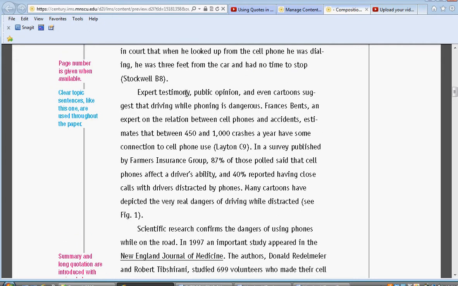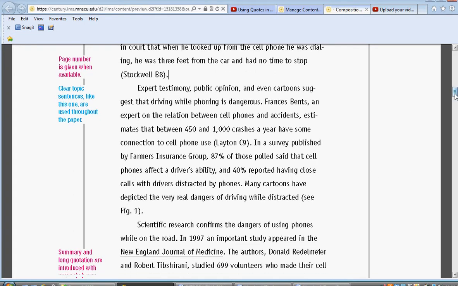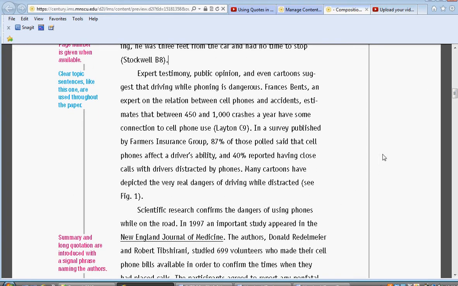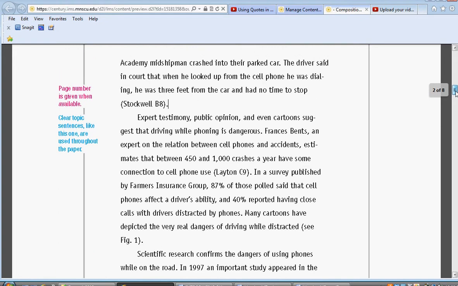So in other words, I don't want you to end with a paraphrase, because you should really end with your own thoughts and opinions about that paraphrase or about that quote and how it ties in with your paper. That's how I was taught. The MLA example here does show that you can, so technically, maybe later on in other classes you can do that. But for my class, do not end with a paraphrase or a quote. Always make sure that if you end with a paraphrase, that you also throw in one more sentence at least